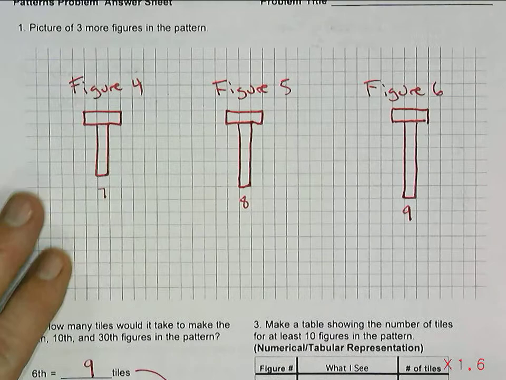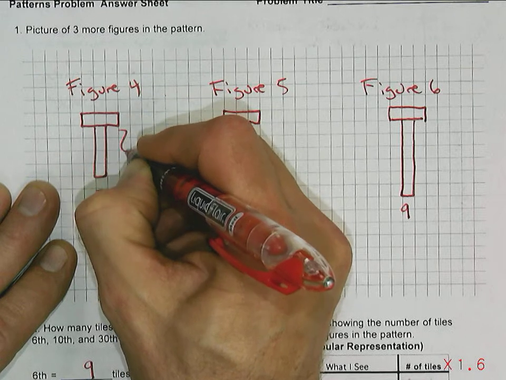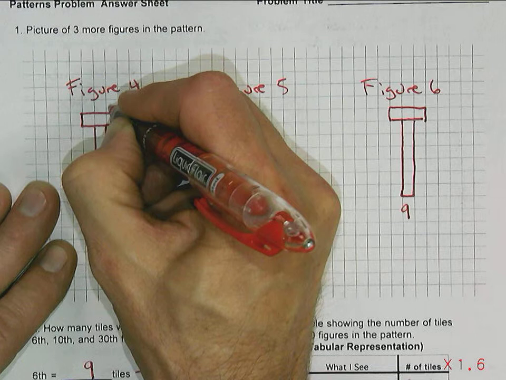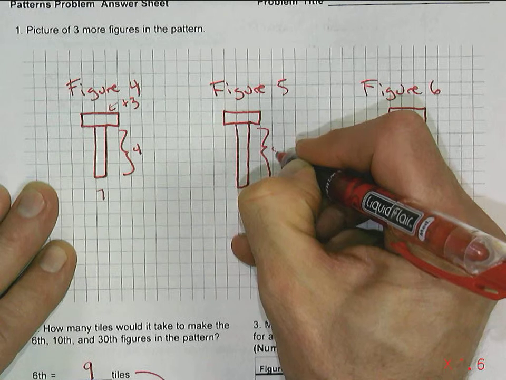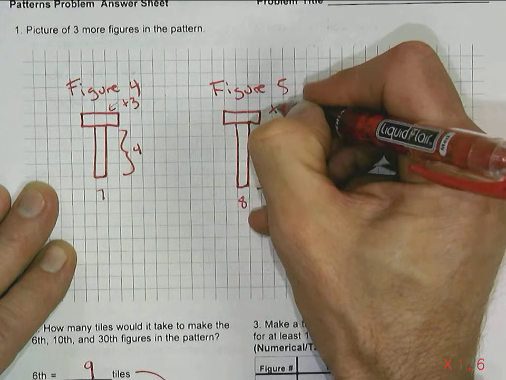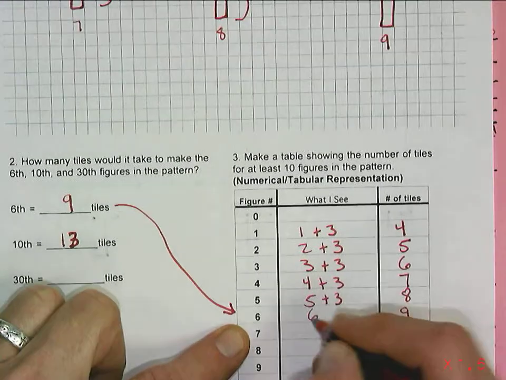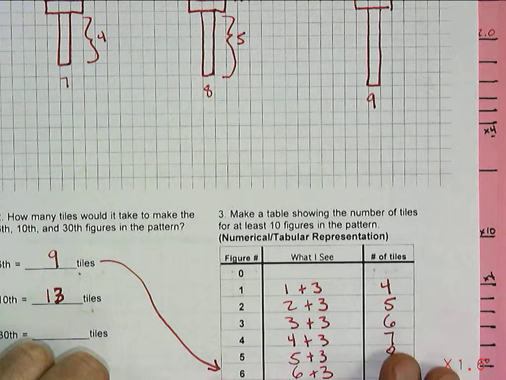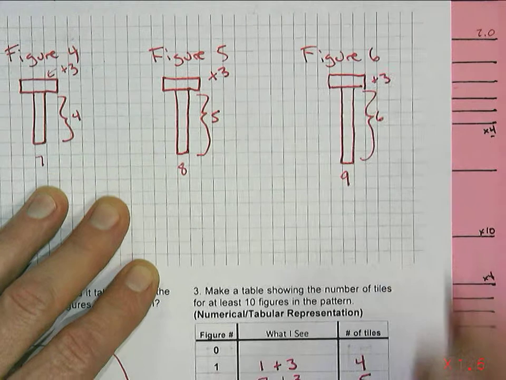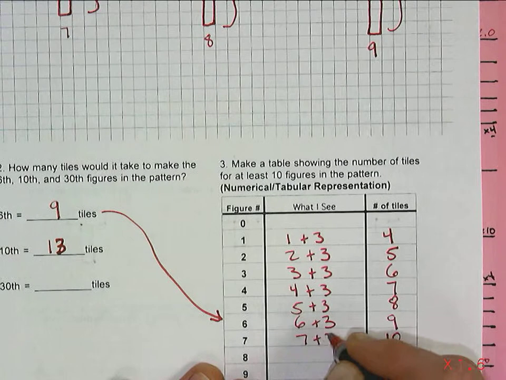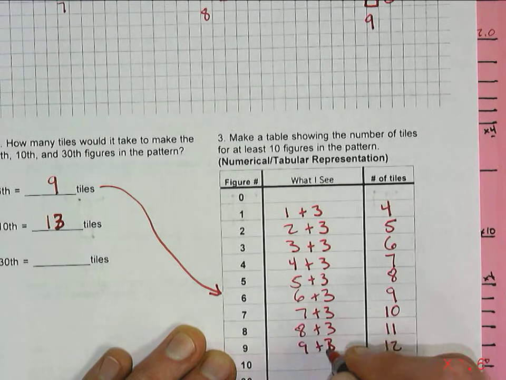So looking up to these here, I see the 4 here plus the 3 on top. Here I see the 5 plus the 3 on top, and so on. So figure 6, there's 6 plus the 3. That's what I see, the 6 plus 3, and then 7 plus 3, 8 plus 3, 9 plus 3,